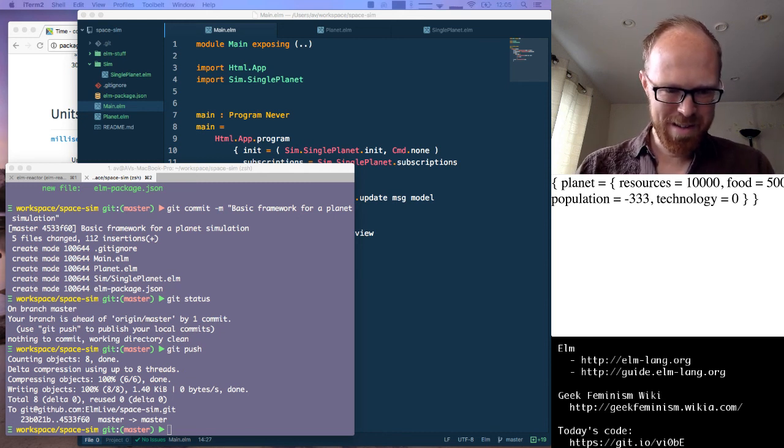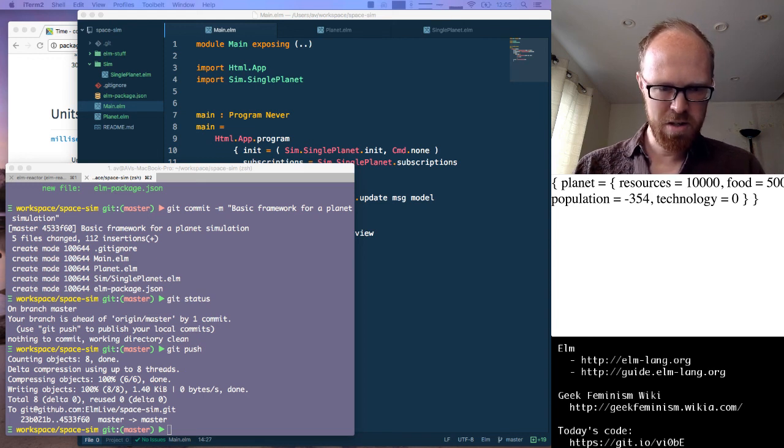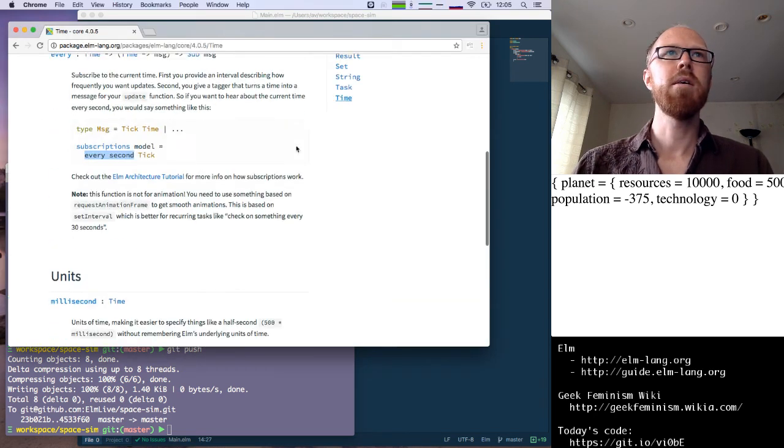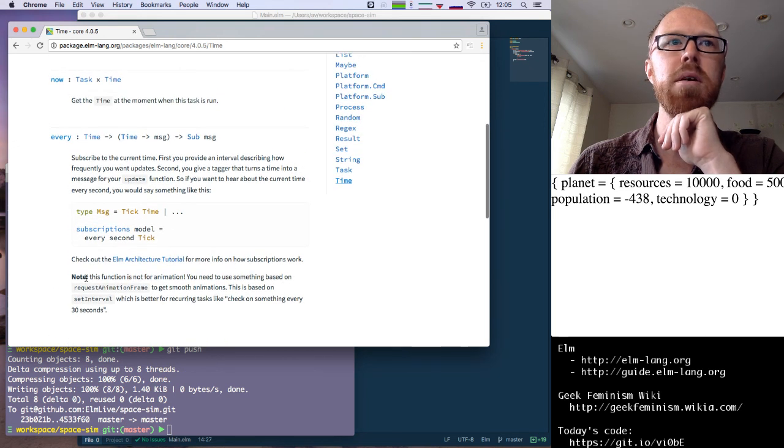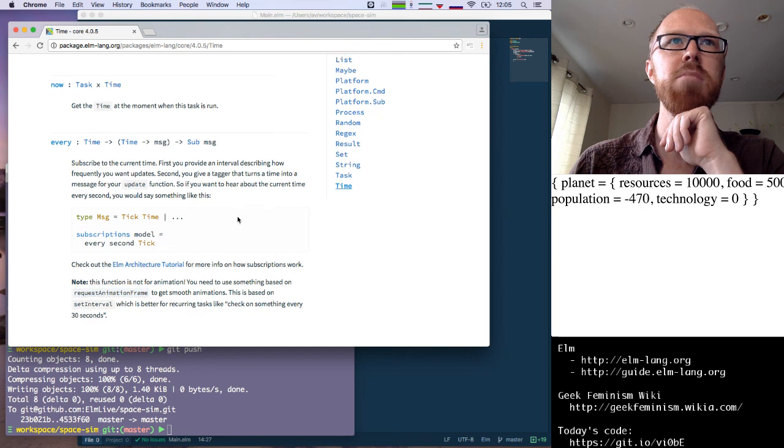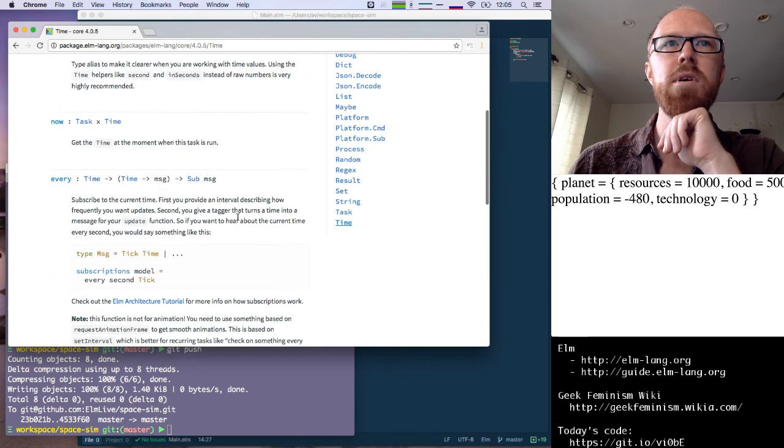And let's see. Chris Creek was saying maybe you can have the update function accept a time delta and use request animation frame. I believe. Oh, okay. I was thinking Time.every actually used request animation frame. But according to this note, apparently it does not. Okay.